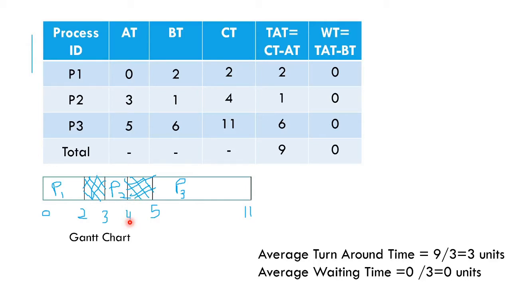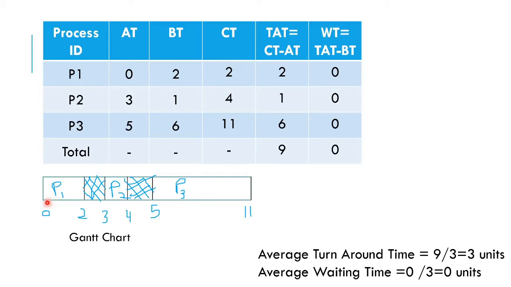So it is done. At 5 the P3 is coming. I am at the moment 4, but I don't have any process in my CPU for execution. So this part is going to denote that the CPU is idle now. There is no process executing. So at 5 the P3 is coming, it is going to take the burst time of 6 and get executed. So it is 5 plus 6, till 11. P3 is going to get executed. So how do I fill the completion time over here?